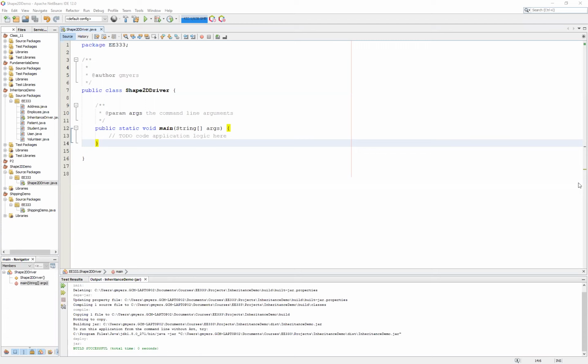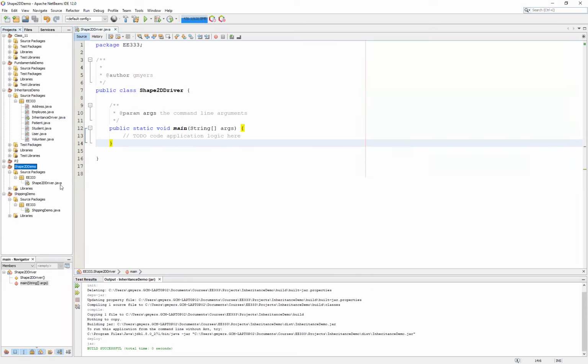In this video, we're going to start a new demo project that's going to focus on 2D or two-dimensional geometry. We're going to call this our Shape2D demo, and we're going to start by creating a new Java application called Shape2DDemo. And the driver, or the class that has a main in it, will be called Shape2D driver. And we will once again put it in our